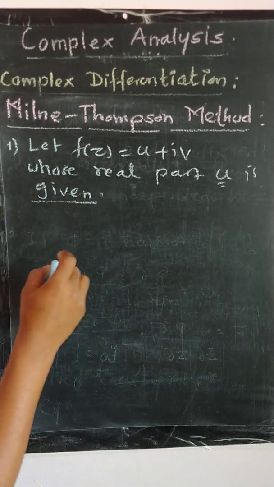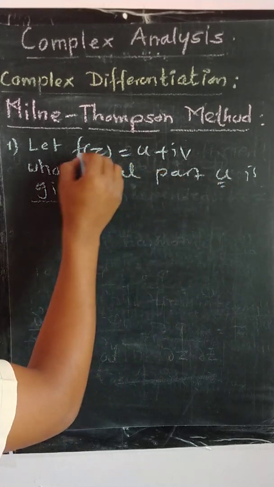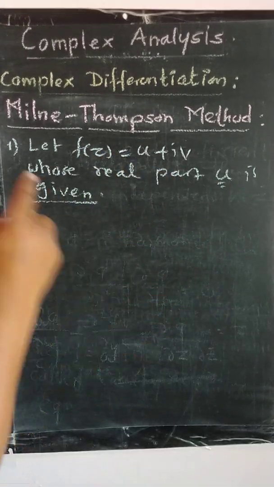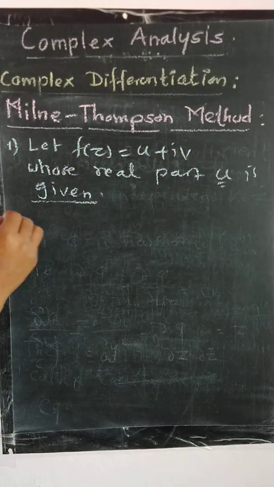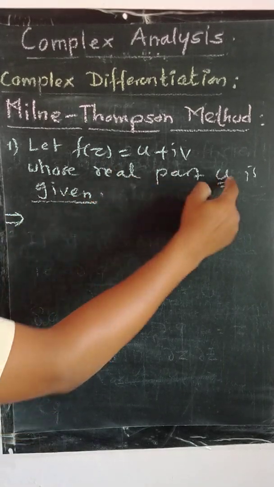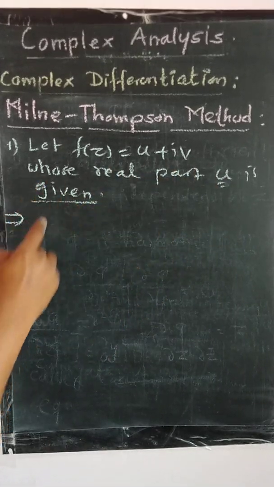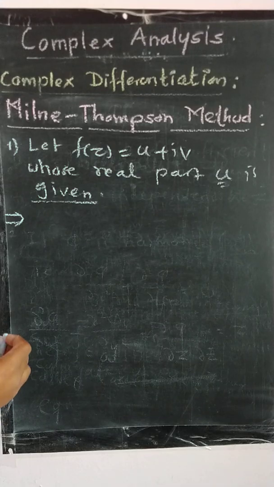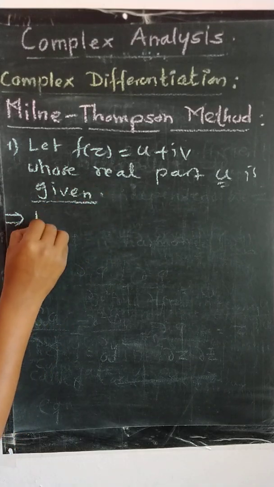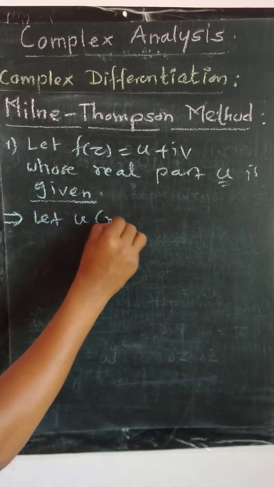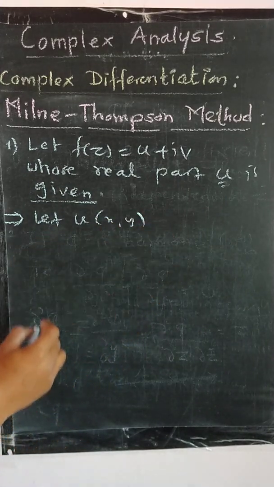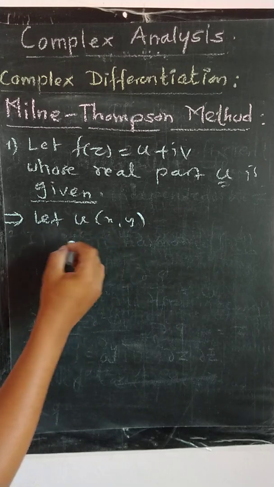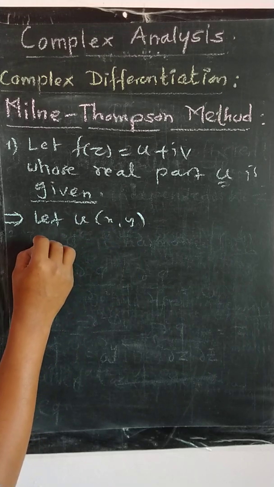So here we have given real part u of the function f of z. So with the help of that, first we'll find f of z, and then with the help of that we can find its harmonic conjugate. What all we are having only as a u, so with the help of that only we have to find f of z. So since we have u, let u of xy, because u is a function of x and y, then with the help of this u we can find